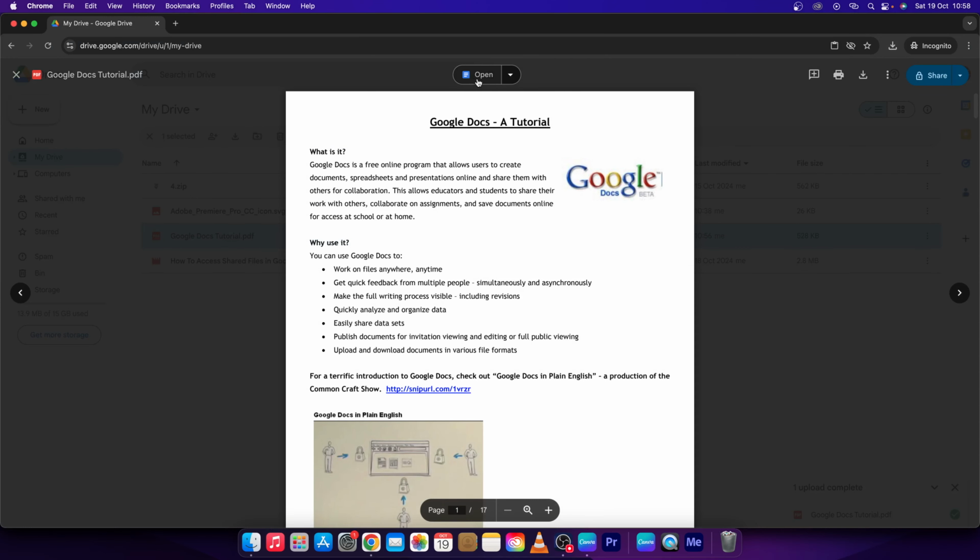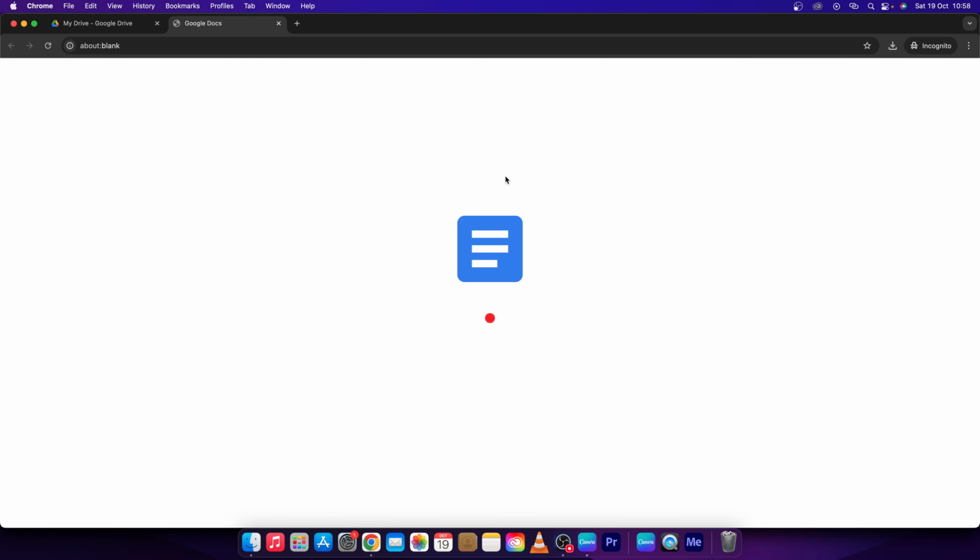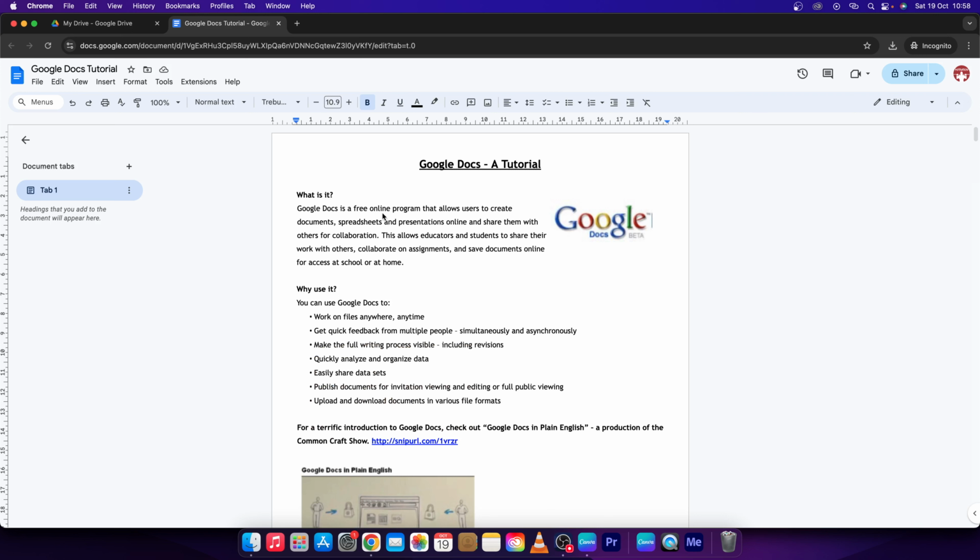Right now up here you will have the option to open in Google Docs. So click on that option and Google Documents will right now try to extract everything from that PDF and write it for you so you can change everything you want. So let's say I will delete this first sentence, this first question,